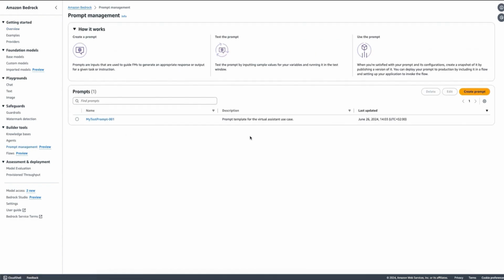If we go to the prompt management screen, here you can see your prompt library or prompt catalog. If you know the typical prompt lifecycle, you know that we normally start by designing a prompt or prompt template. We test it, we iterate on it so that we can optimize it, and then we save versions of it in our library or catalog so that we can use it in our applications, share with other teams, and so on and so forth.